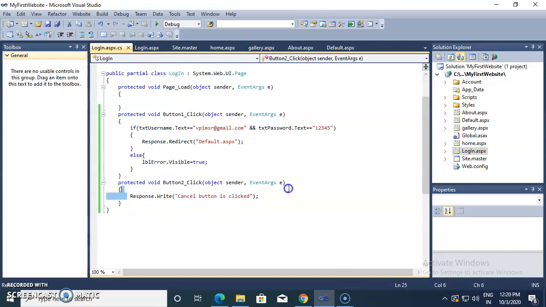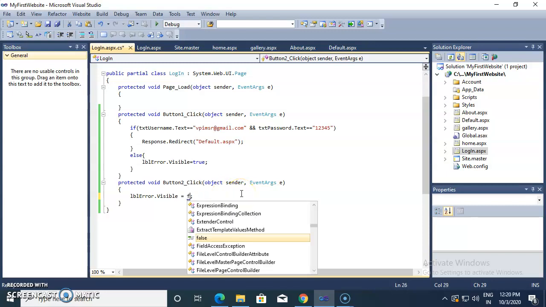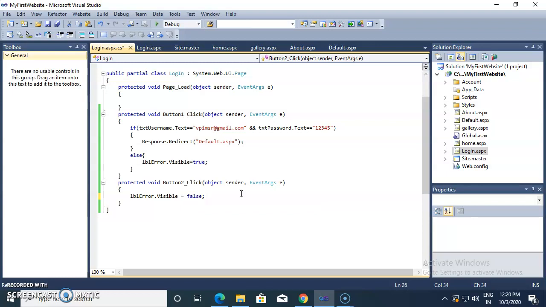I don't want this message here, so I'm deleting this, and this Visible is true. Instead of true, I need to give the false property, and txtPassword equal to an empty string, as well as txtUsername I also need to clear.